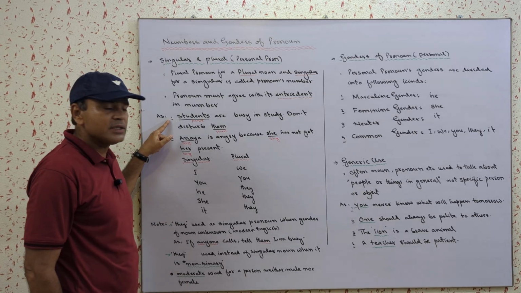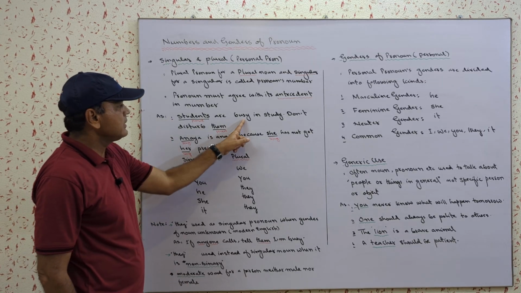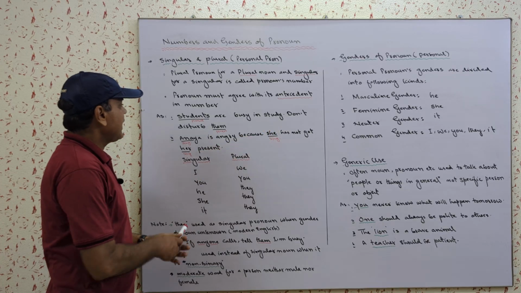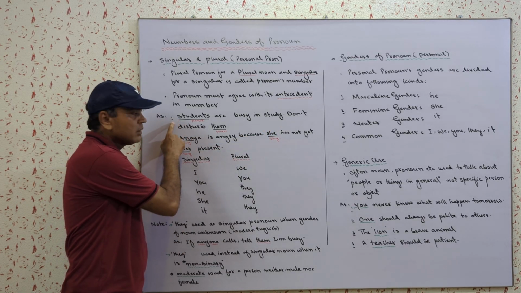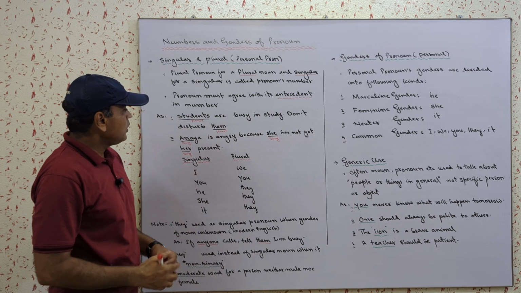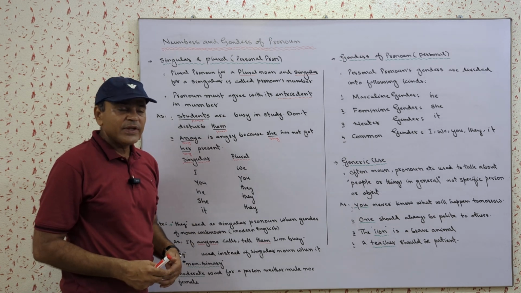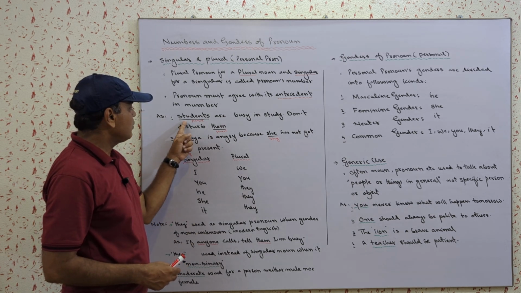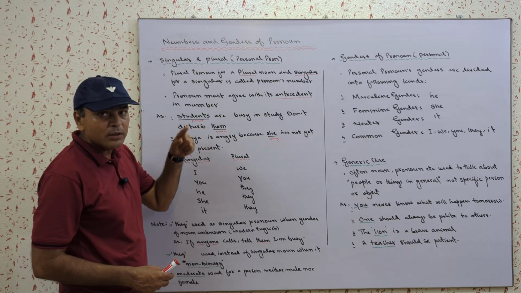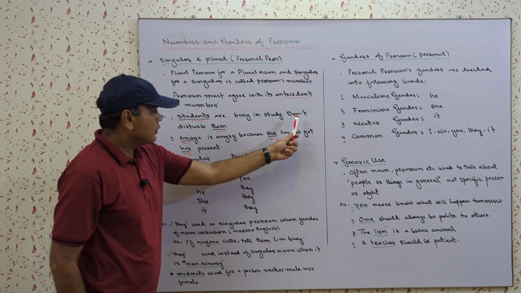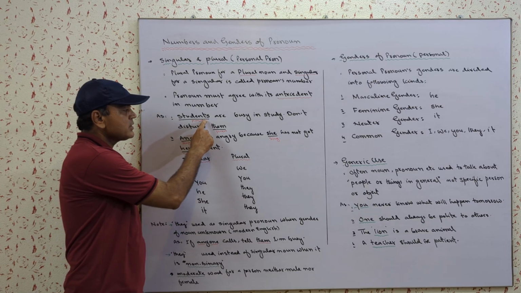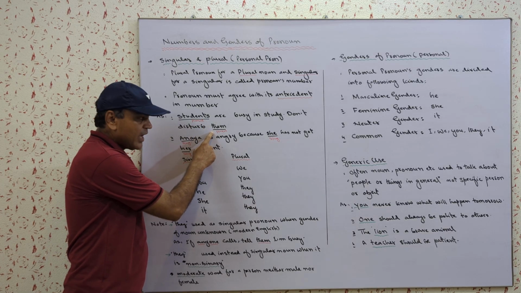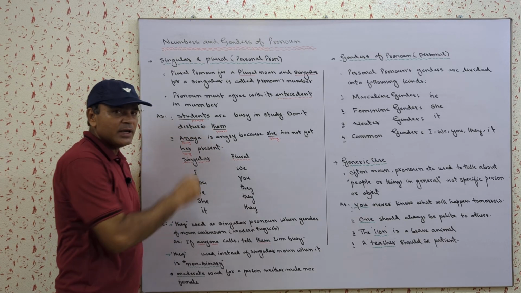My first example is: students are busy in study. Here the noun is students and its number is plural, right? So the grammar says that in place of the plural noun you will have to use a plural pronoun. So: don't disturb them. I have replaced students with the word them, and them in English grammar is a plural